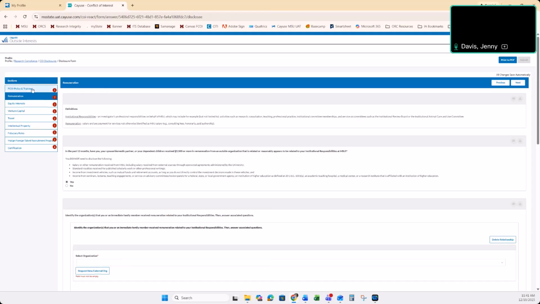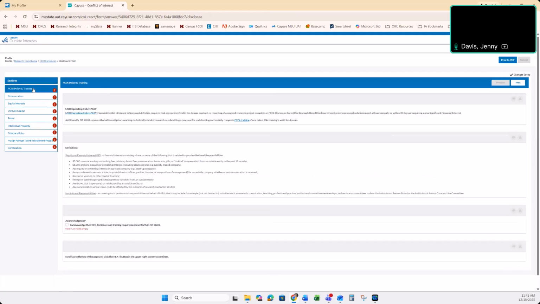On this first section, which is the policy and training page, you can see we have a hyperlink to our university policy on financial conflict of interest and sponsored activities, as well as a blue hyperlink to our website that discusses the requirements for FCOI training. We also have a definition section that tells you what a significant financial interest is and what an institutional responsibility